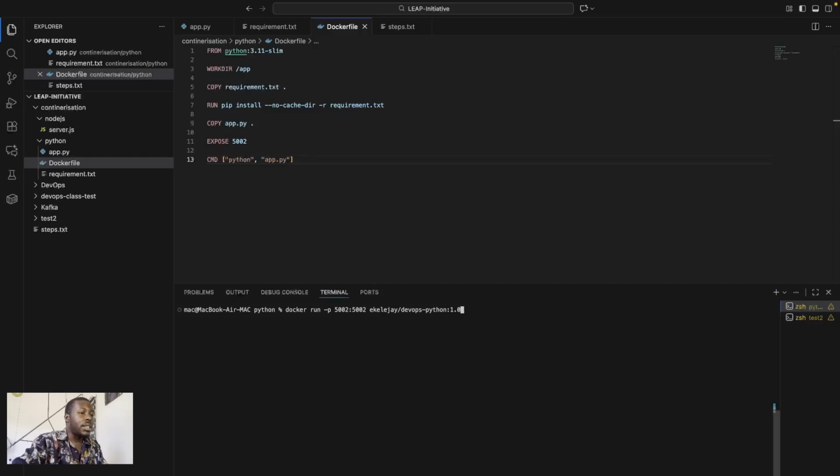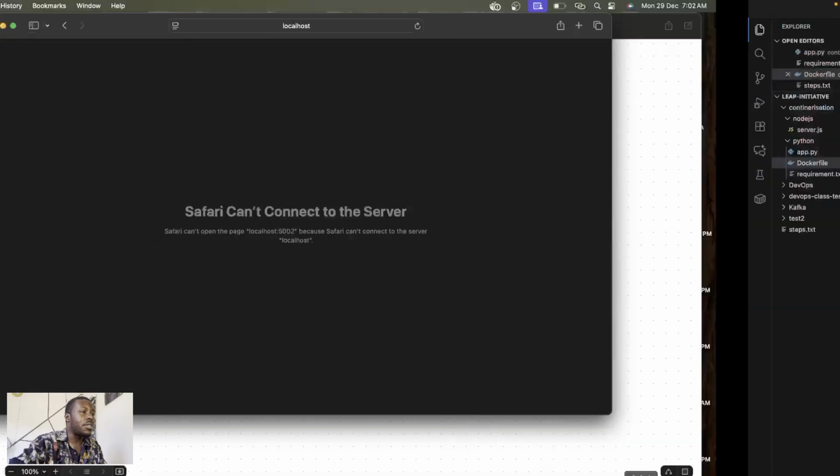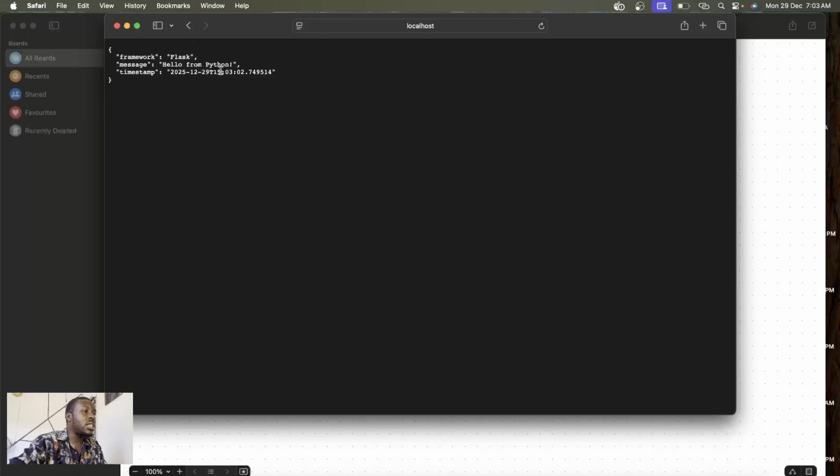When we hit this, Docker is going to create a container out of that image. Container has been created. Now we can try to see on Safari, and we refresh again. We see it running.